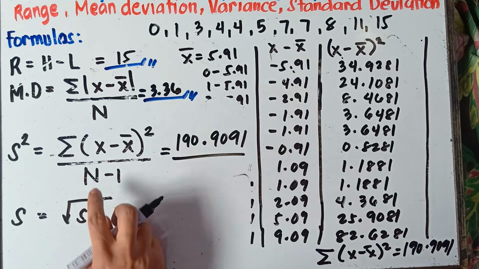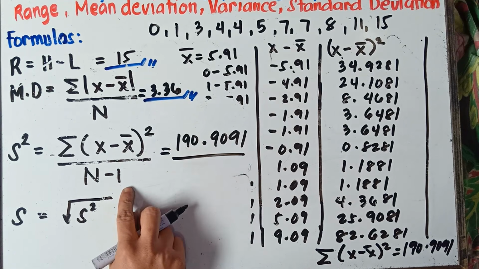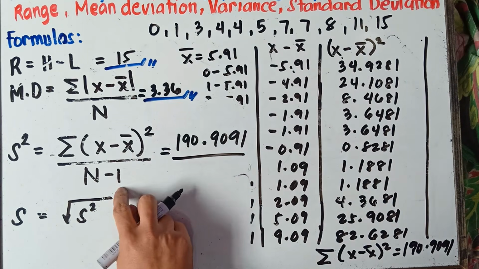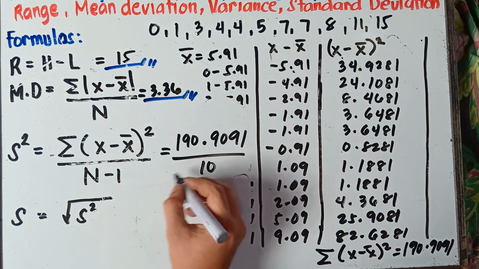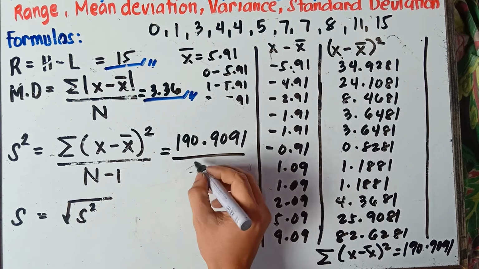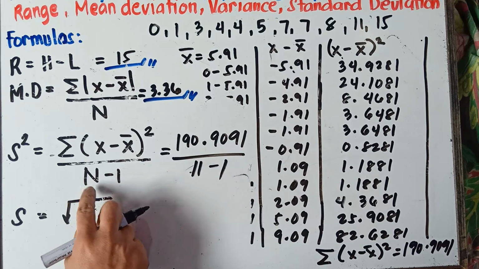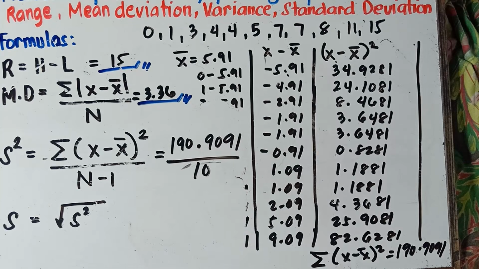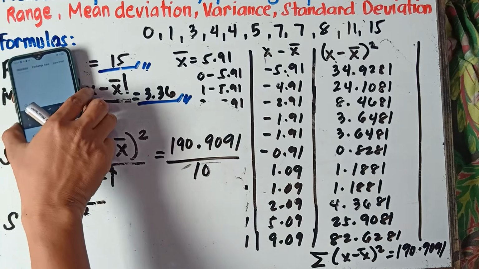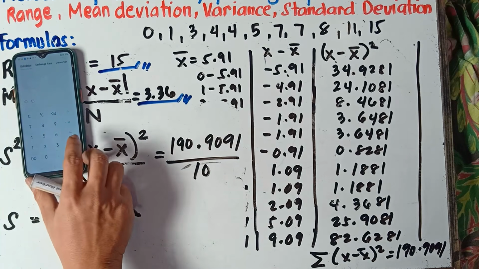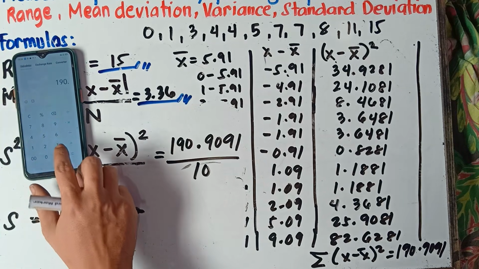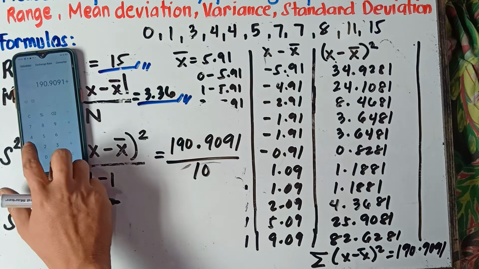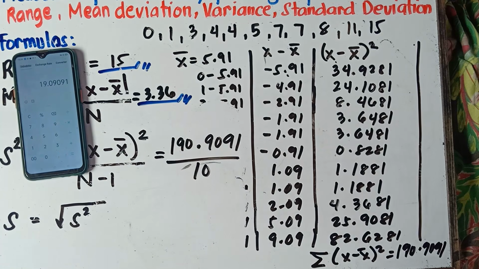190.9091 all over n minus 1. Once again, n is the total number of samples, that would be 11 minus 1, that would be 10, right? Then simply divide this by 10. Simply use your calculator. 190.9091 divided by 10, the answer, class, is